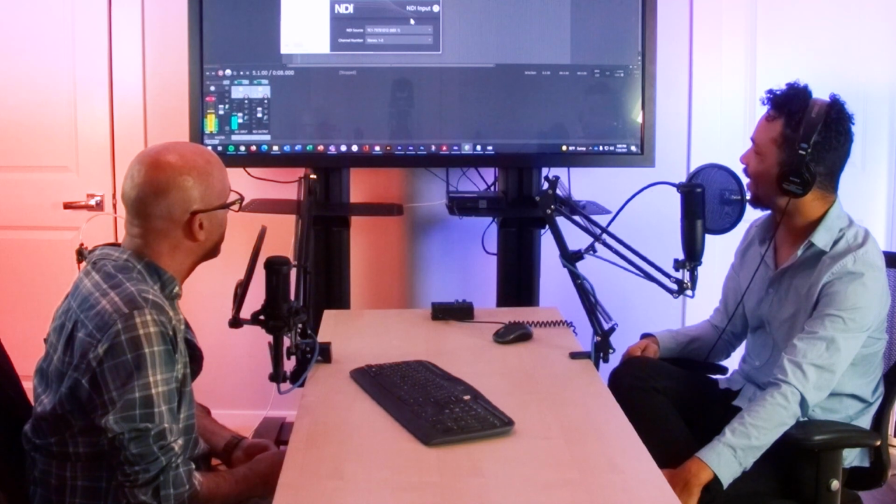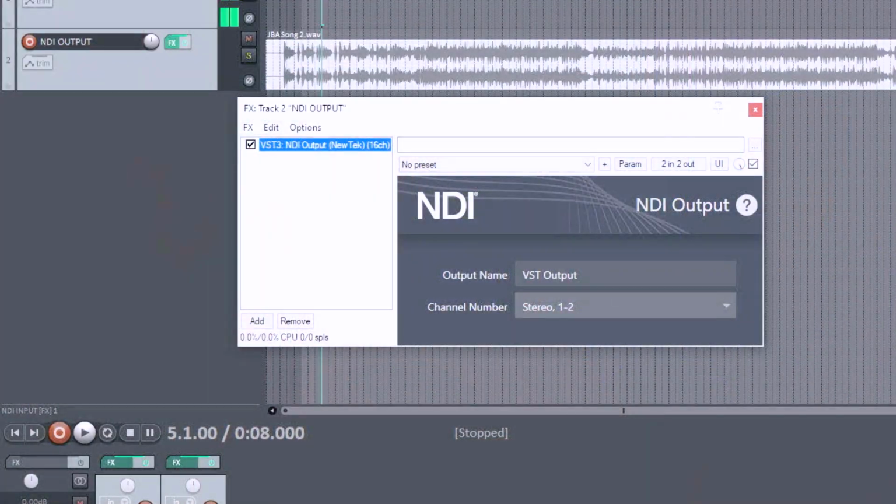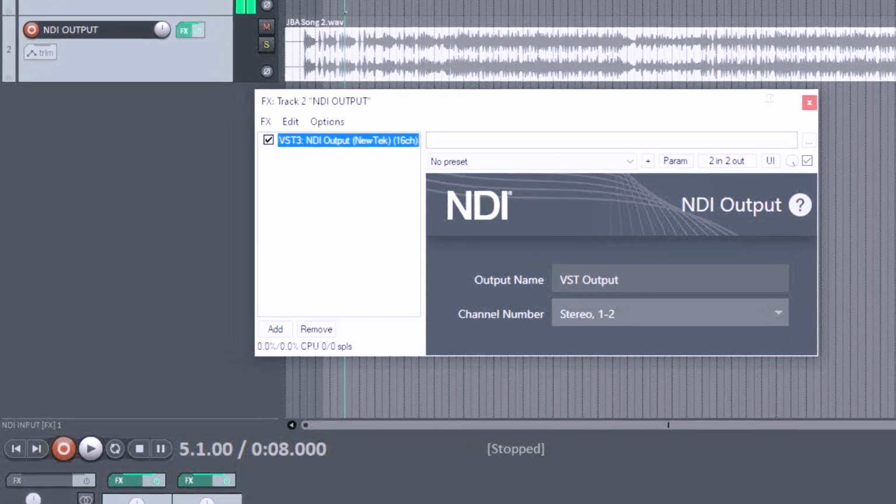Not to mention the ability for return feeds to some of these remote destinations. That's the next part. Which is incredibly key in any live production. Yeah, that's exactly what this is. So I have an NDI audio output, and I think we can show this by cutting back to the TriCaster. Yeah, absolutely.